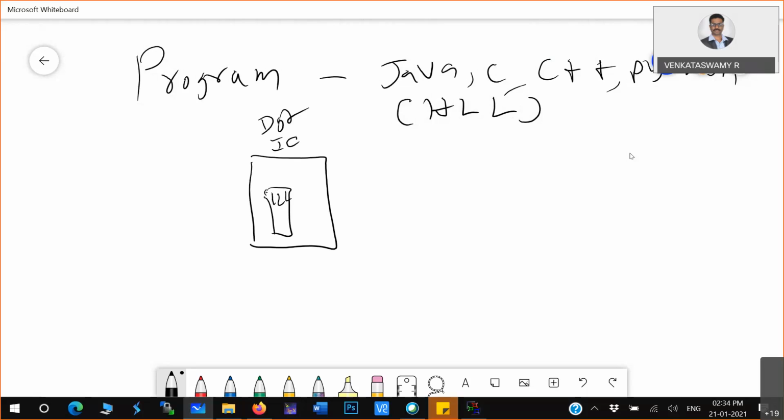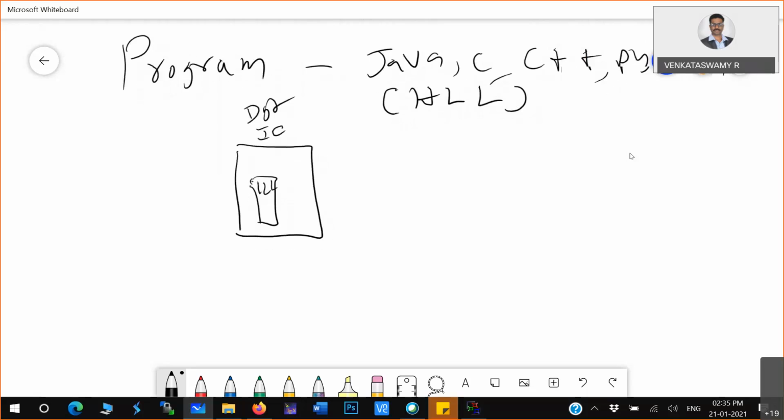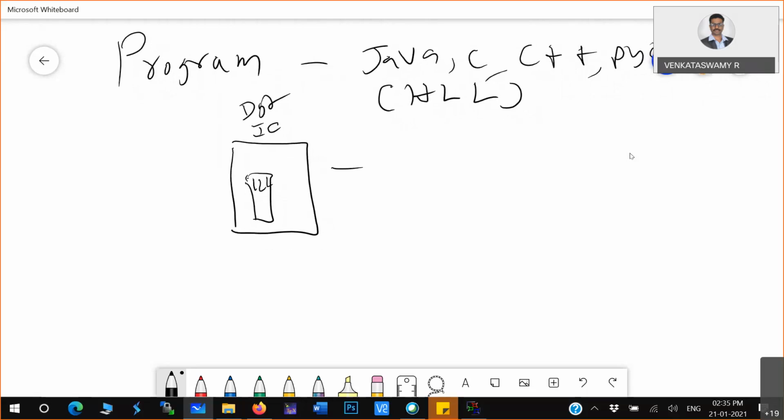So you are using HLL programs. The next level is assembly level programming, ALP. HLL is high level programming, and the next one is assembly level programming.